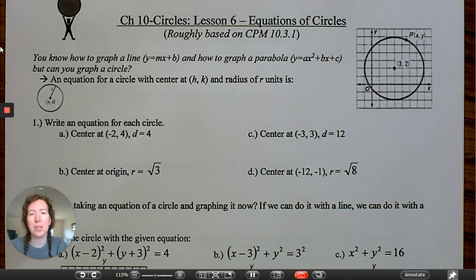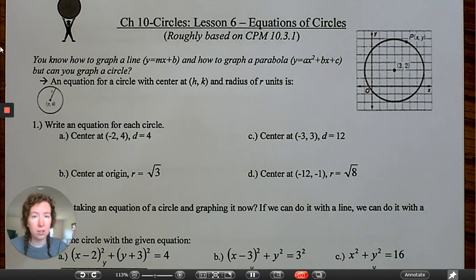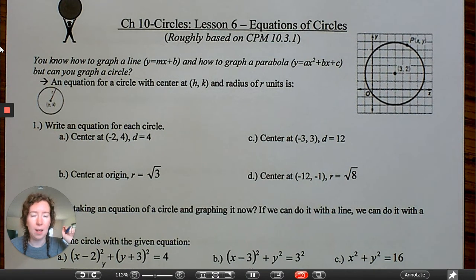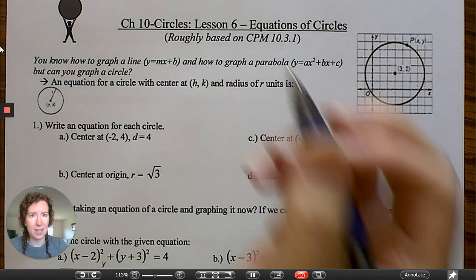Hey everyone, we are going to be talking about equations of circles today. Now, you know how to draw a line on a graph, right? You know that the equation of a line is y equals mx plus b. And you know how to graph a parabola, right? A quadratic, because you know those equations. Now, what's the equation for a circle? It's going to look a little different than what we're used to. It's not like y equals something, but let me just write this out for you and you can get an